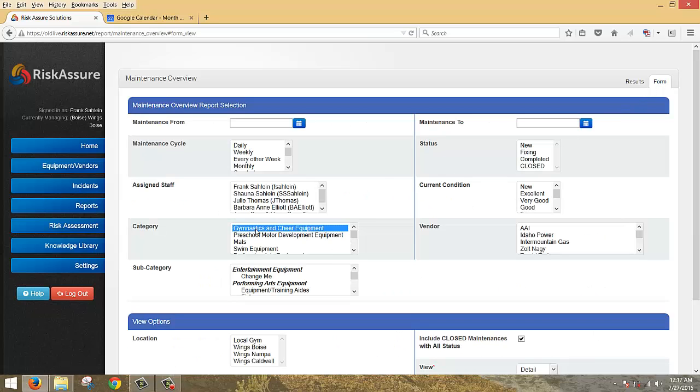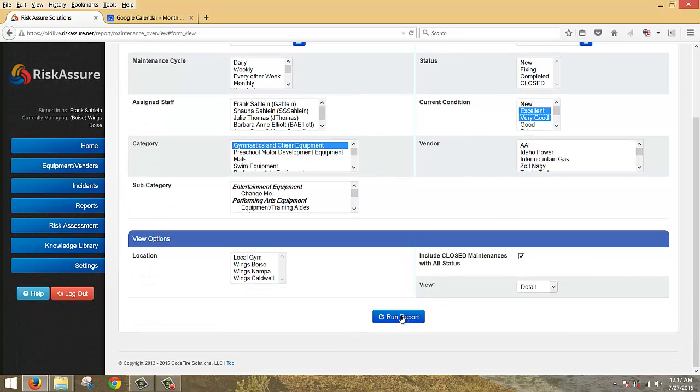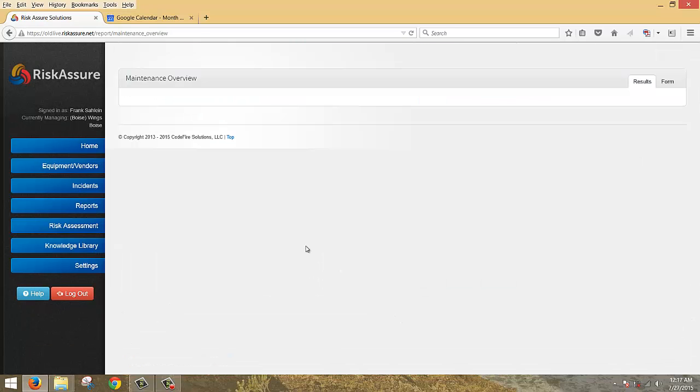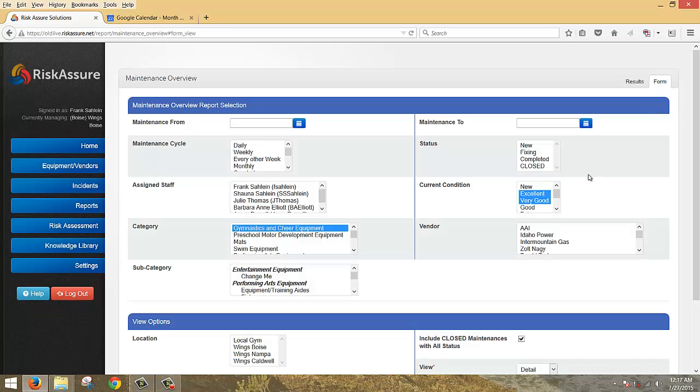Maybe you just want gymnastics equipment that's in excellent condition, or maybe excellent and very good condition. And you can run that report. I'm just showing you this because you can see how flexible it is, and there's nothing that reflects on that, so they wouldn't be maintaining those things necessarily. So if we took these off,